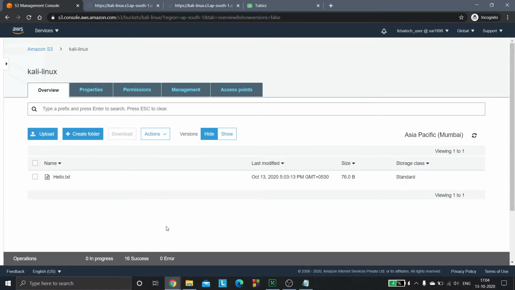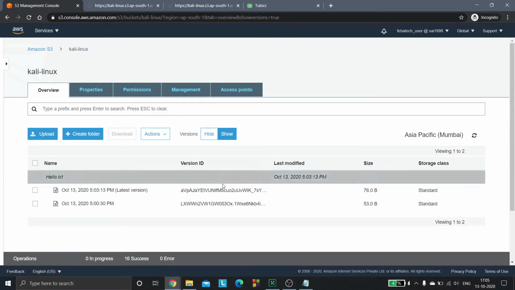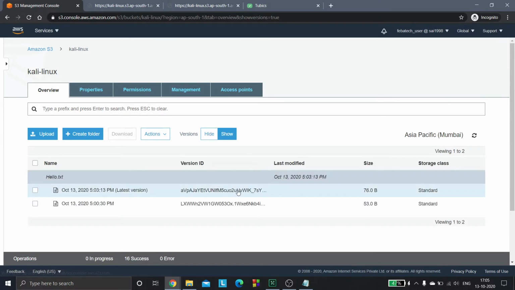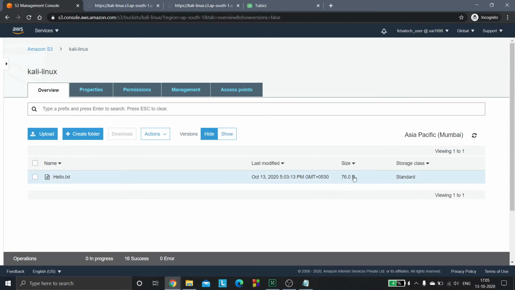Let's say you update the same file 100 times, then you would see 100 versions over here, but you would see only one file over here, and that is simply the latest version, right here at the top, 76 bytes, and here it's also 76 bytes.